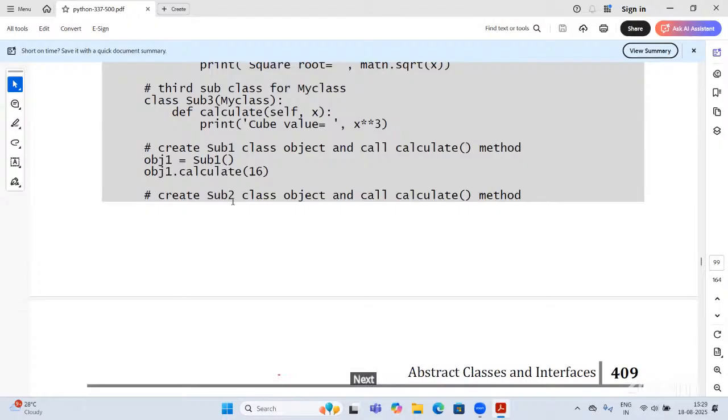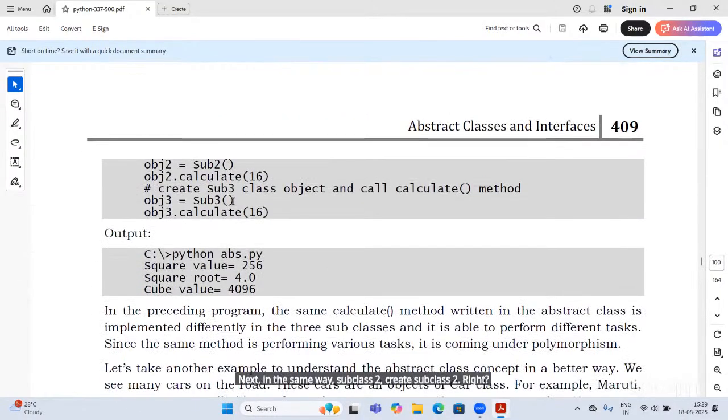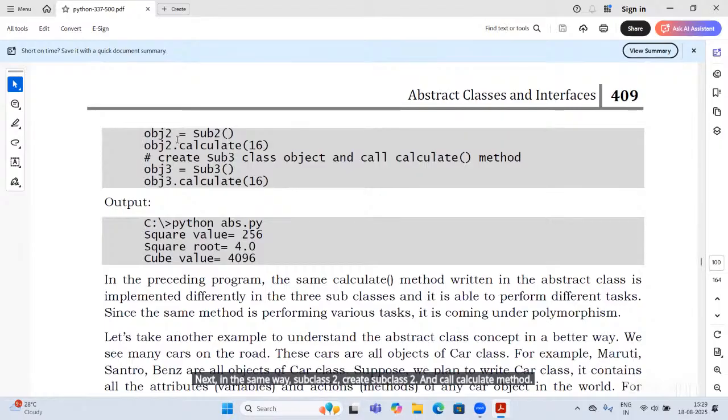Next, in the same way, create subclass 2 and call the calculate method: obj2 = Sub2(), obj2.calculate(16).